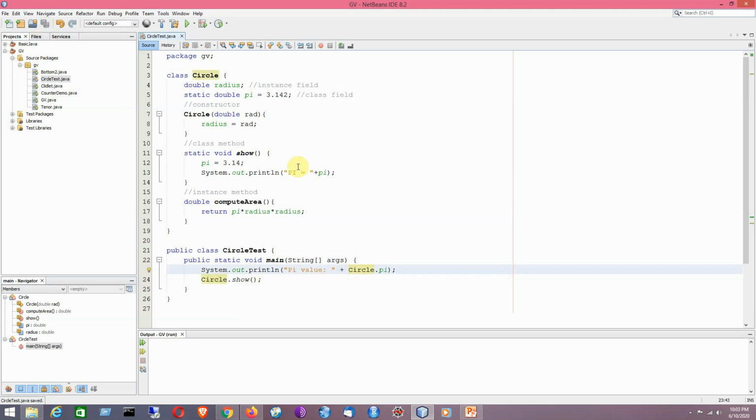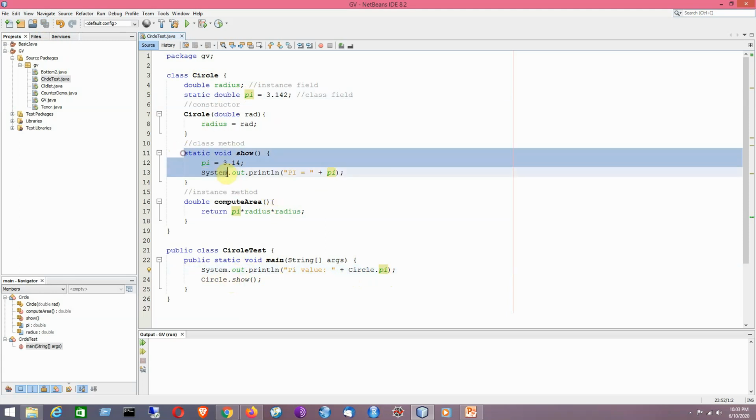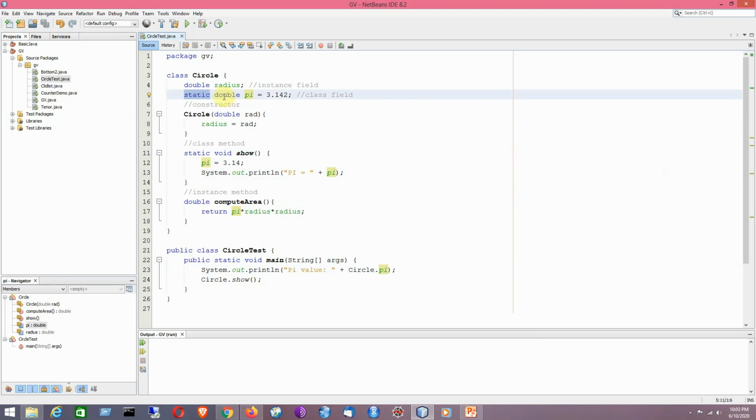Without creating any object, I have been able to access the class field and the class method. So it is basically a class field. So by using the class name, I have been able to access it directly without creating any object. Similarly, the same logic applies to the class method. Remember that the static keyword is a notion of the static field, that means the class field or the class method. Okay, so the presence of the static keyword is important here. So by using the class name, I will be able to access the method directly without creating any object.